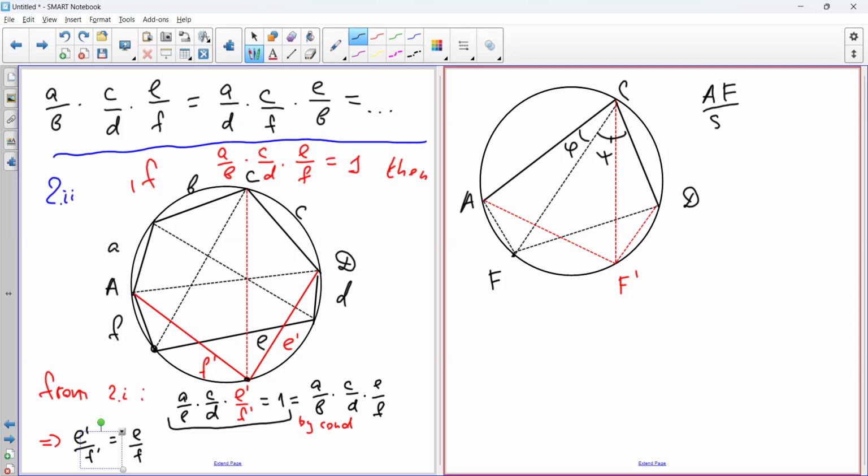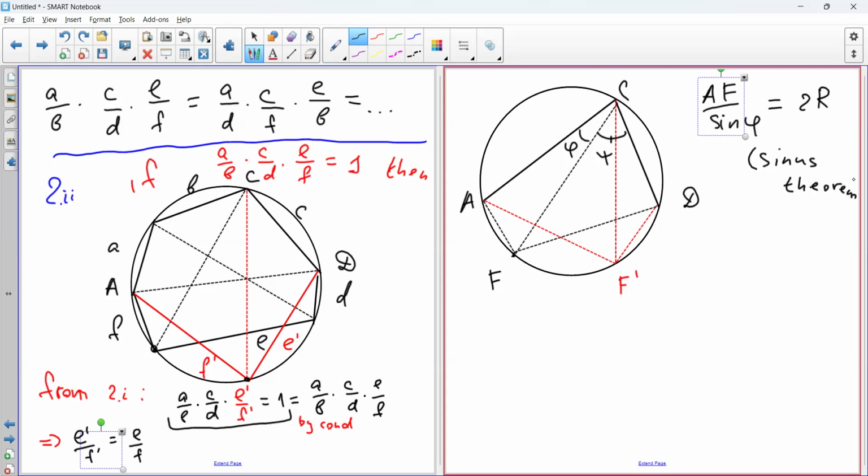AF over sine of B equals double R, where R is the radius of the circle. So this is just the sine theorem,